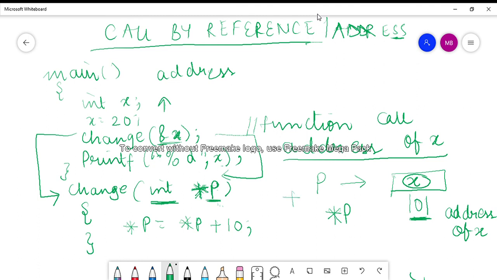A simple variable cannot store the address of a variable. In order to store the address of a variable, we need a pointer variable. That is why we have declared p as a pointer variable of data type integer. If the value which is stored in x is of data type integer, so the pointer variable p's data type will also be integer. So now it is something like this.